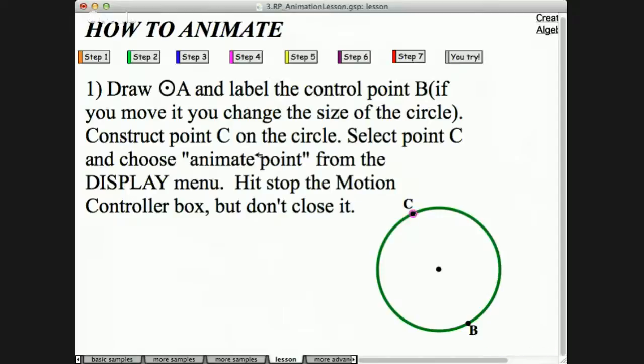So we have C. Now I'm going to animate C. So I select C, I'm going to right click it and it will give me an animate point option. So literally there is a motion controller box that appears and this point will continue moving on that circle forever up until either you stop it or the software crashes. So I'm going to stop it because I don't want it to crash, but then I can create a button using the same logic. So I'm going to go in again, right click, and it gives you an option of